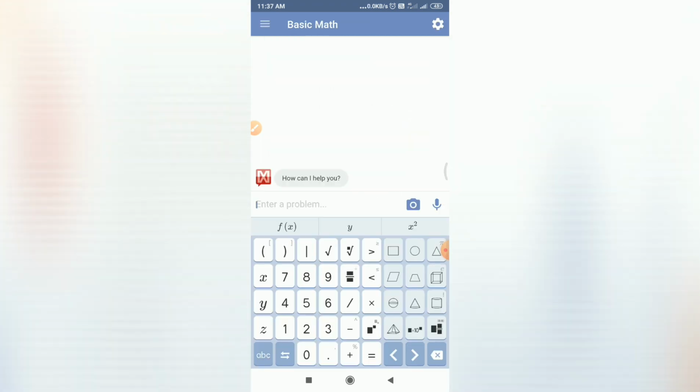Friends, now I will show you how I will snap the photograph of my math problem and instantly get the answer. Simply I will take a picture of a problem which is written in my notebook. This plus icon you have to point at your math problem.